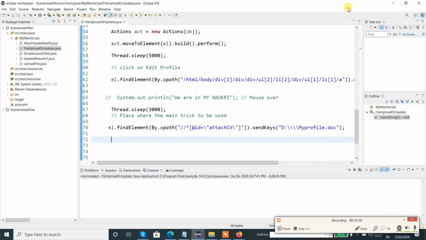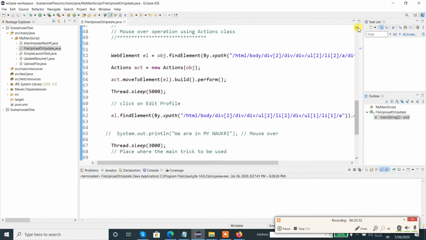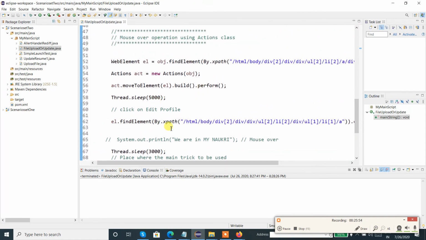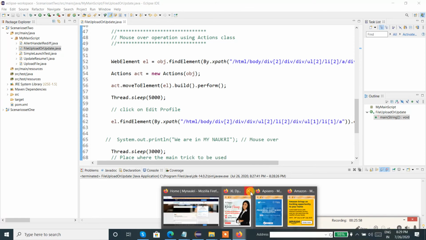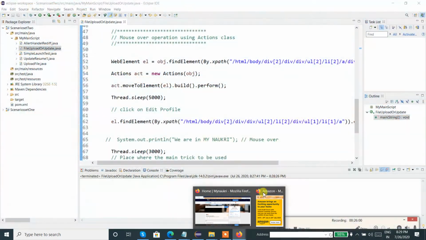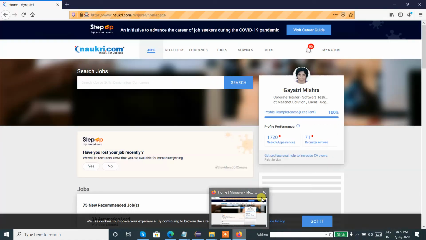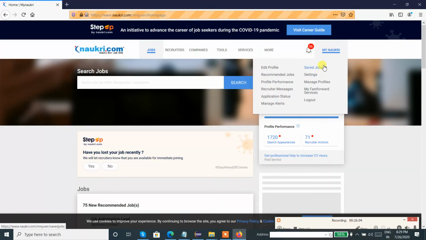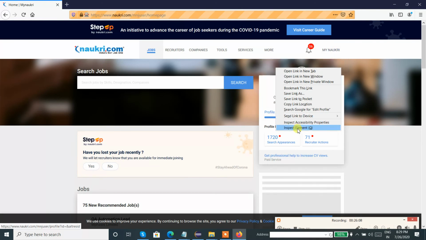Fine. So where we are facing the problem now is that the click on edit profile is not happening. What I need to do over here is go to edit profile and capture the XPath again.